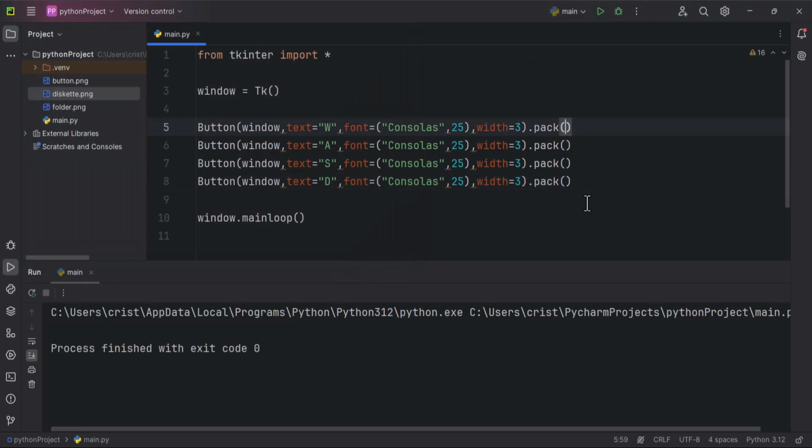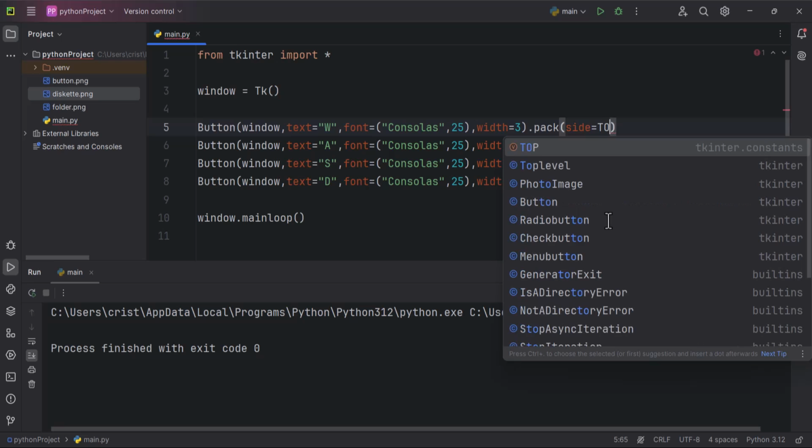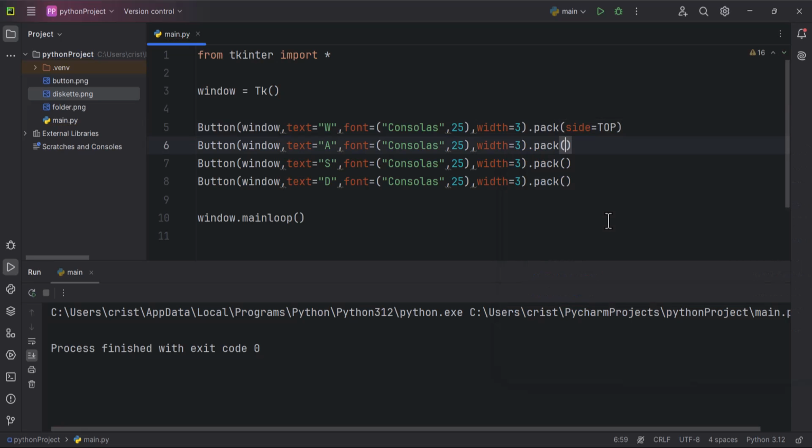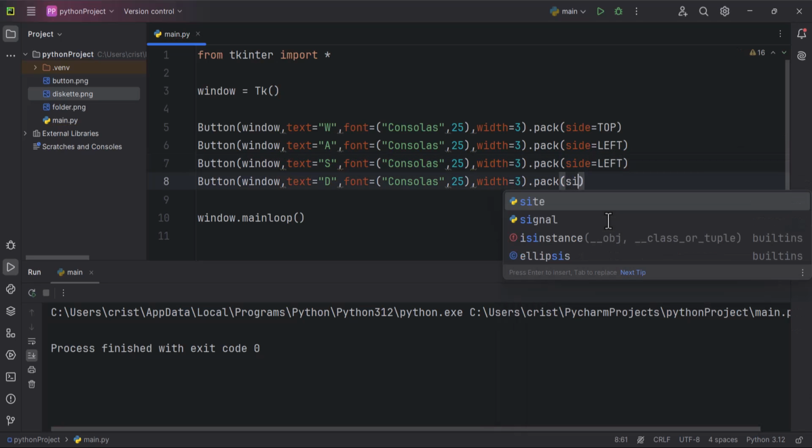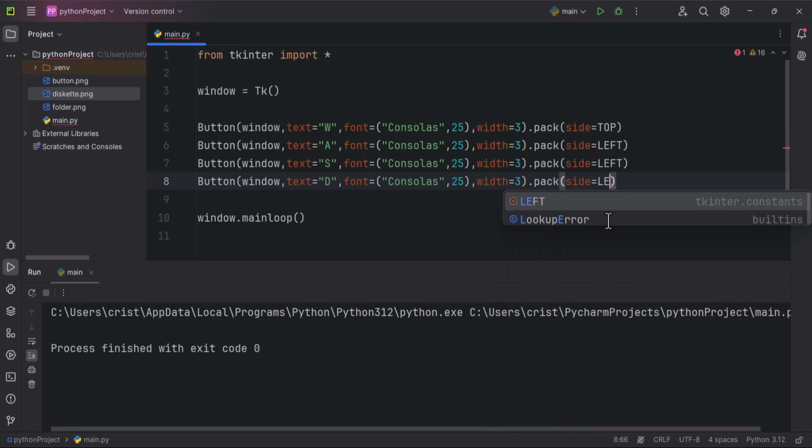Okay, let's also specify a side. So side equals to top, side equals to left, side again, left, side again, left. Now if I run this,